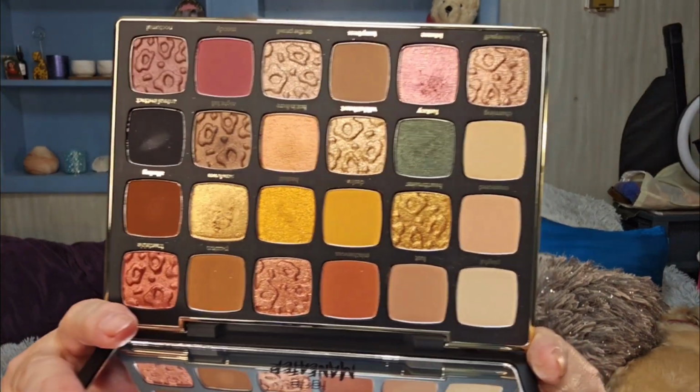For my palette, I have the Tarte Man-Eater palette. I did get this in Ipsy as a boost product a couple months ago. So there's tons of shades in there. There's shimmers, there's neutrals, there's a couple of pops of color. So it's a great palette. I do love it. And I'm going to start by taking this